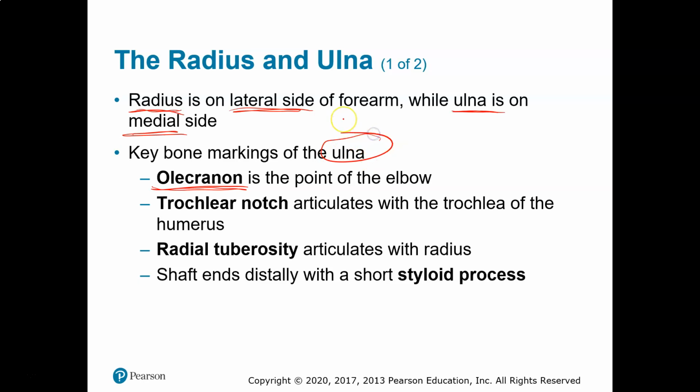And the trochlear notch is the area of the ulna that articulates with the trochlea of the humerus. And the radial tuberosity articulates with the radius, and the shaft ends distally with a short styloid process. Now, if I'm not underlining these, you probably don't have any questions about them in your quiz questions or